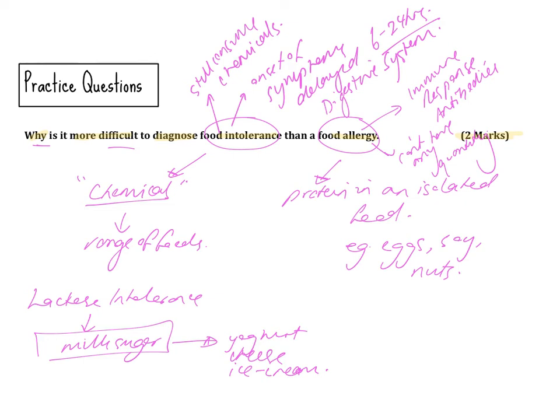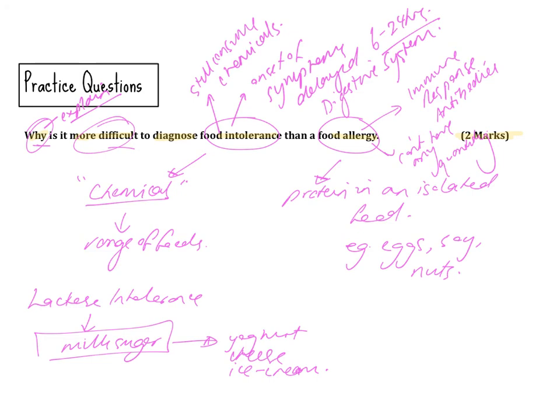So these are some of the reasons why it is more difficult to diagnose a food intolerance compared to an allergy. Now, again, this question doesn't have a verb. It doesn't have describe, explain, outline, identify. But if it's saying why, it is really alluding to that term explain, because explain is when you show how and why, and you show the relationship between two things through cause and effect. So we're going to keep this in mind when we answer this style of question, and we will include an example of cause and effect language within our response to make sure that we are addressing potentially what the markers